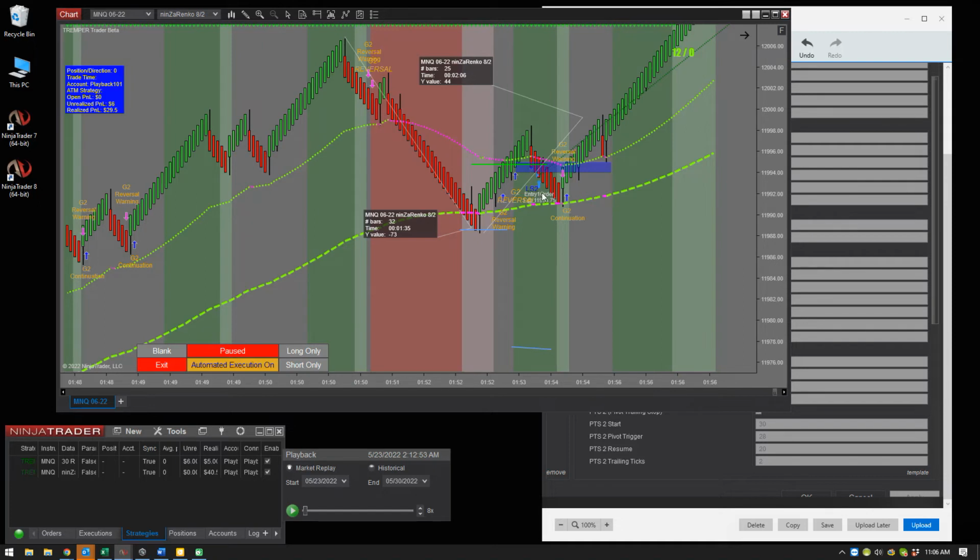Now it gets in right here. It goes back in the past, looks for the pivot of 60 plus, which it found, finds a resumption of right here before it classifies. So what will happen is your initial stop's going to stay here, and as soon as you get to here, it's going to say, there's my pivot, and I'm going to move the stop 2 ticks in this case,